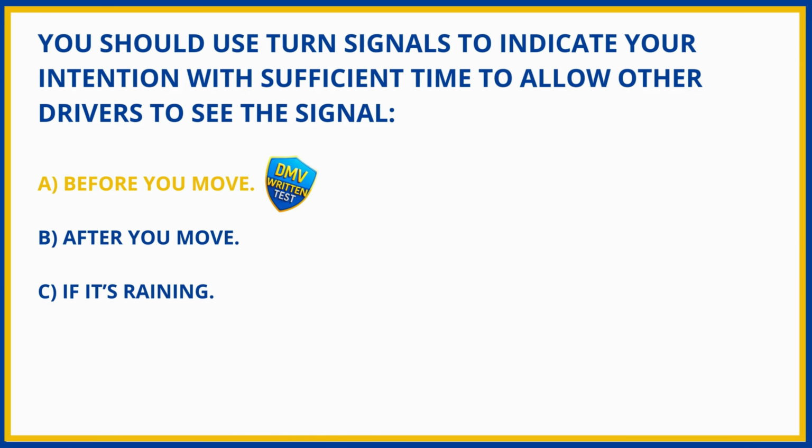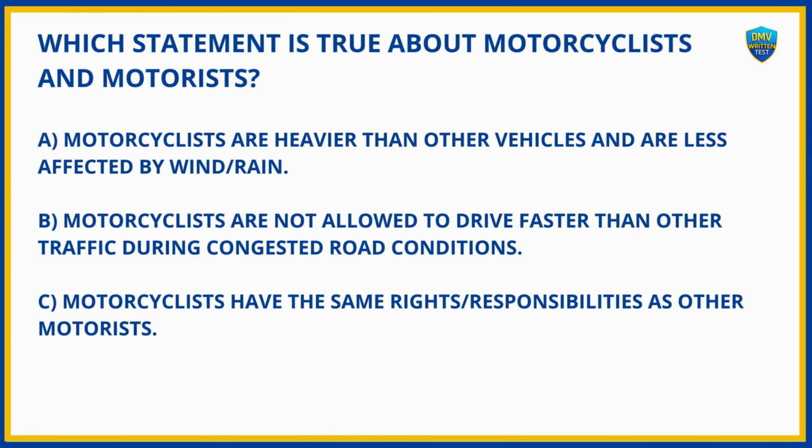A. Before you move. Which statement is true about motorcyclists and motorists? A. Motorcyclists are heavier than other vehicles and are less affected by wind and rain. B. Motorcyclists are not allowed to drive faster than other traffic during congested road conditions. C. Motorcyclists have the same rights and responsibilities as other motorists. And the answer is